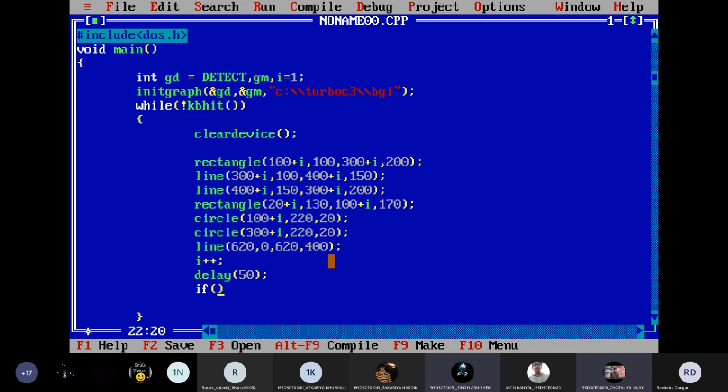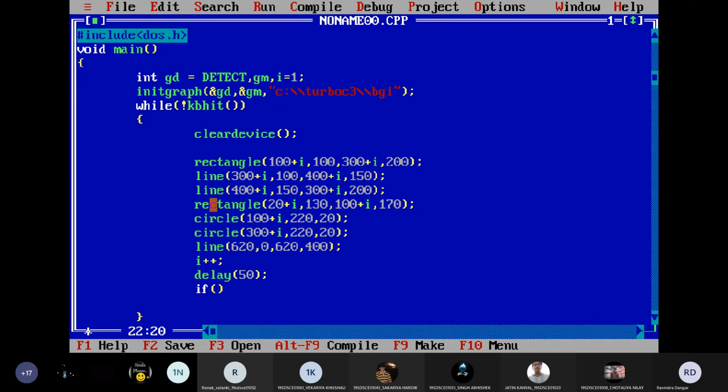No, that is not the maximum value. That is not the maximum value for x or y. We are not using the maximum values. Otherwise, we can go for that also. We will compare with the value of i. Correct. You can compare it.